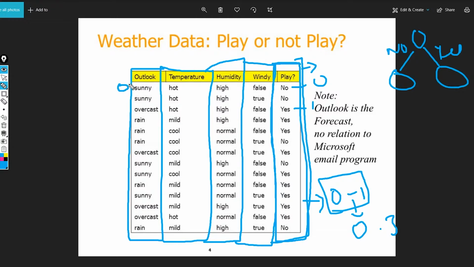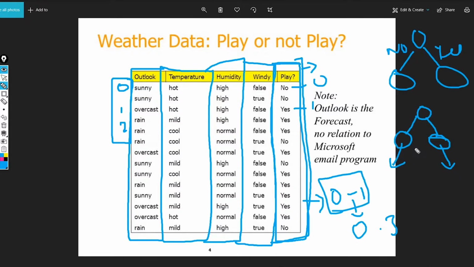Let's suppose we give sunny 0, overcast 1 and rain 2. Again we get the mean, and if a value is less than the mean, it is going to move to this side, and if the value is greater than the mean, it is going to move to the other side.